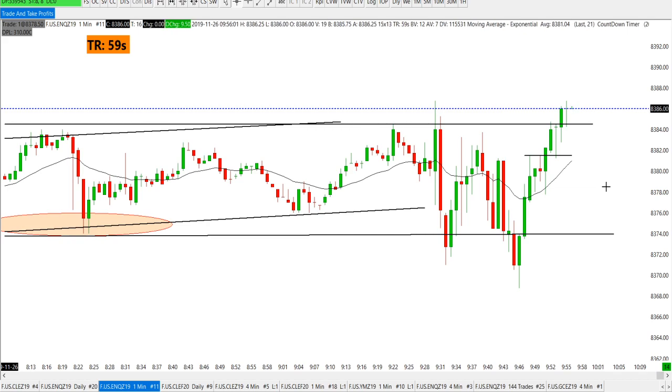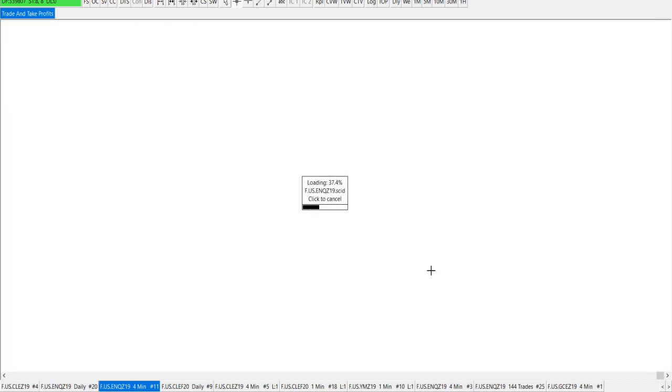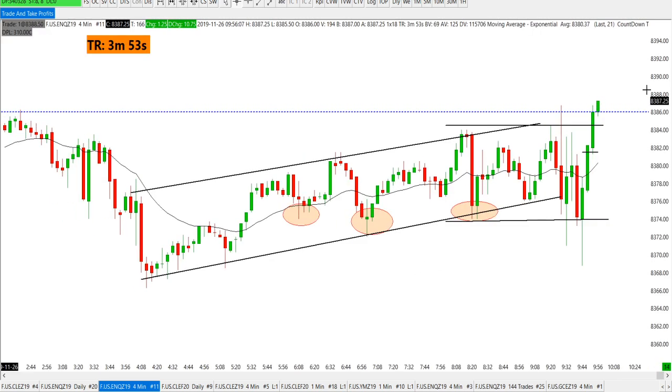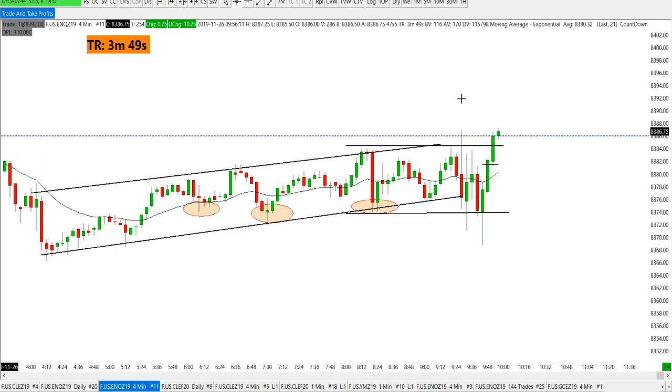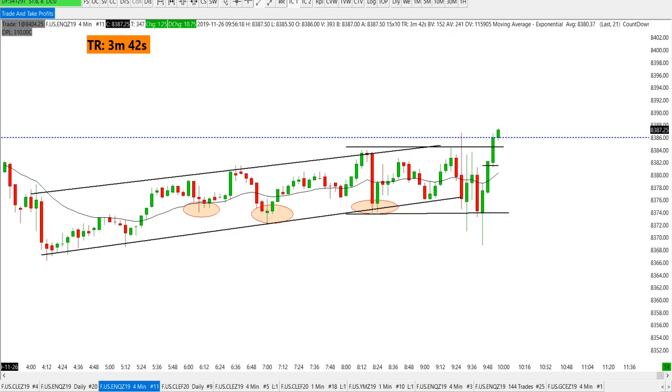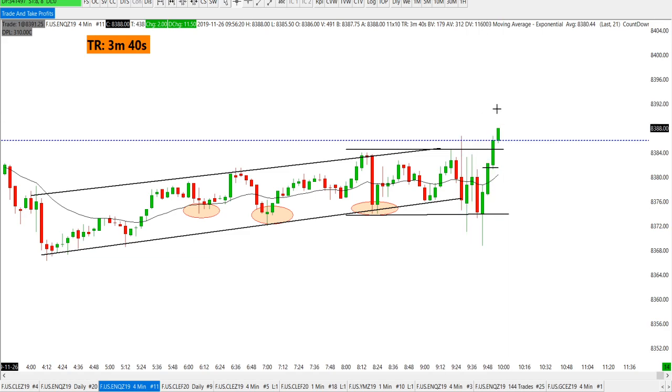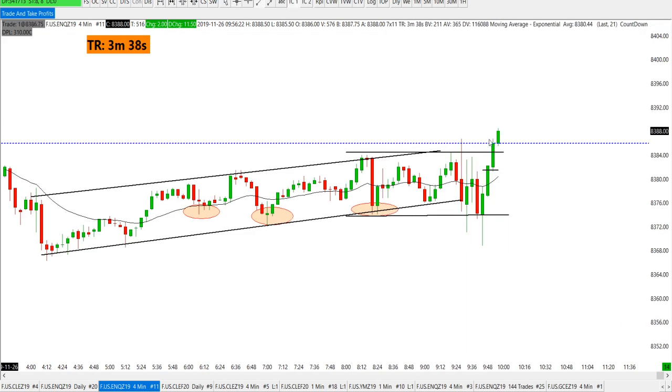So the market is doing exactly what I thought it was going to do. We are pushing up, so most likely we're going to break out here. I definitely wouldn't go short right here. I know a lot of rookies are probably going to go short in this area right here. I definitely wouldn't be going short.